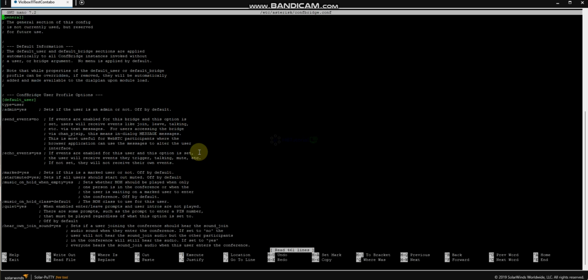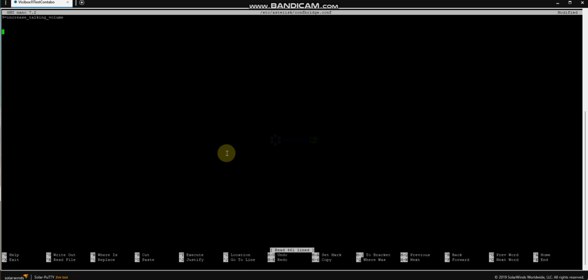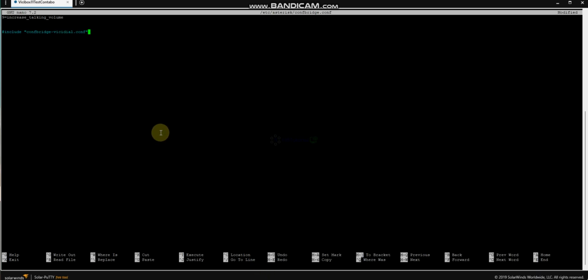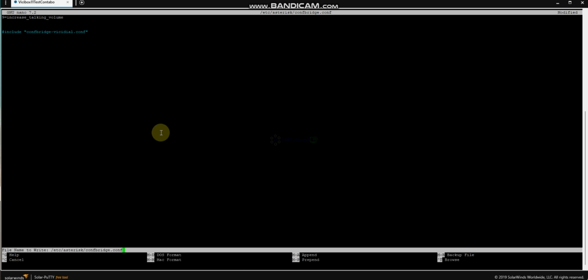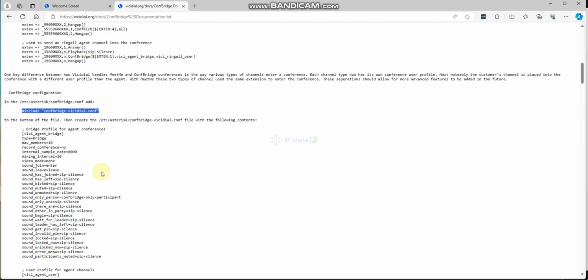Then Control V so that it will scroll down, and then copy this one, go back to PuTTY, then paste, Control O, enter, Control X. And then to the bottom of the line, we need to create this again.